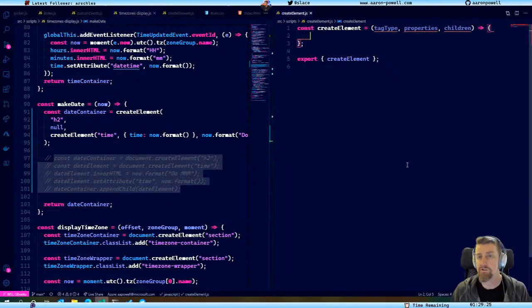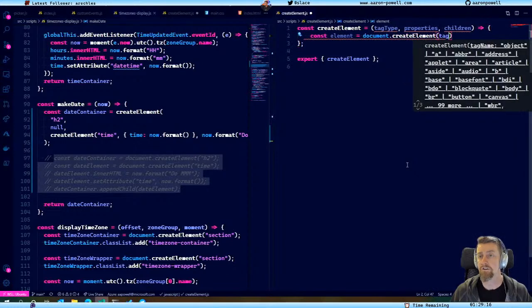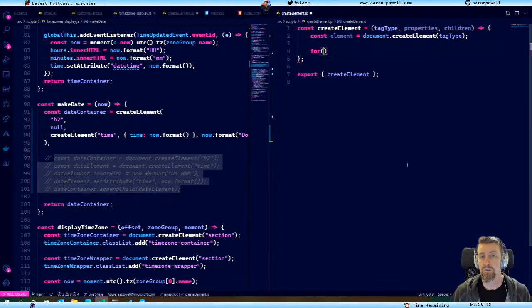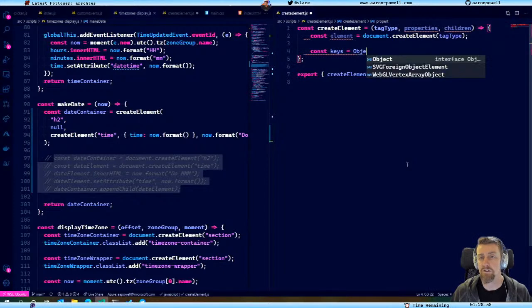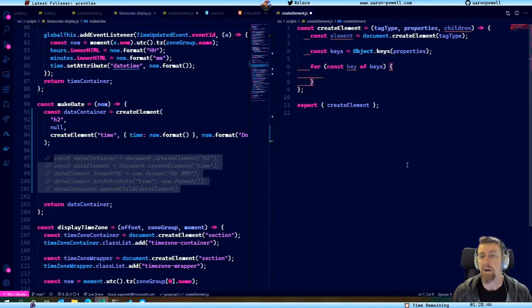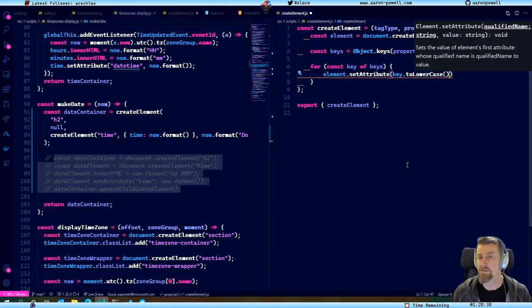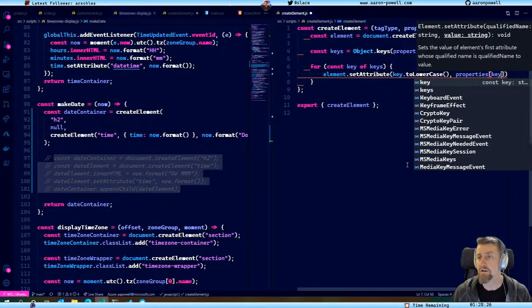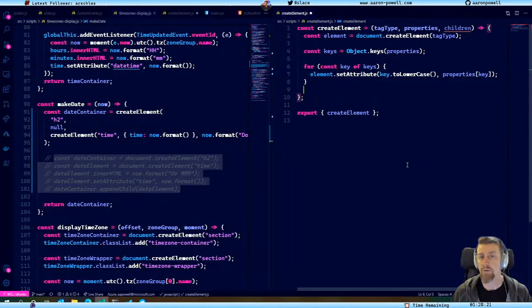Okay, so we'll start with this and we'll go const element equals document dot create element tag type. And then we go for const property of properties. Actually, no. We want const property keys will be object dot keys of properties, and then we'll do for const key of keys, element dot set attribute key dot to lowercase, and then properties key. Then we're going to return element,